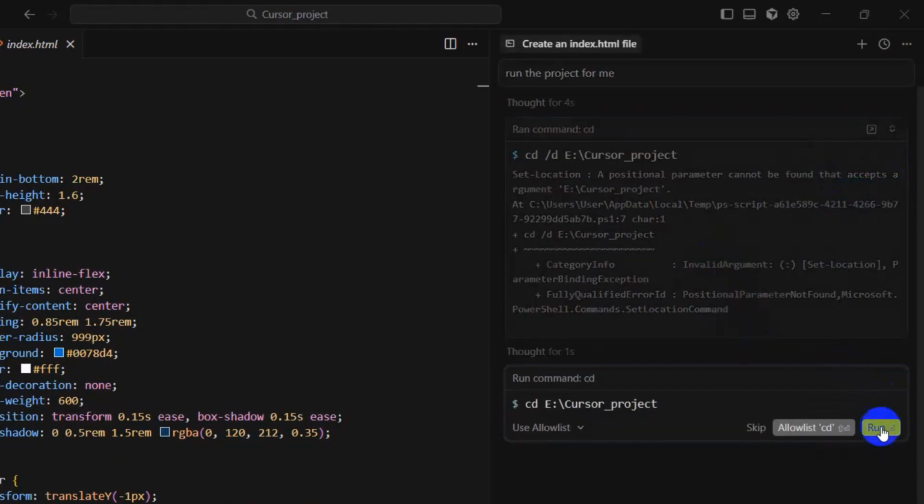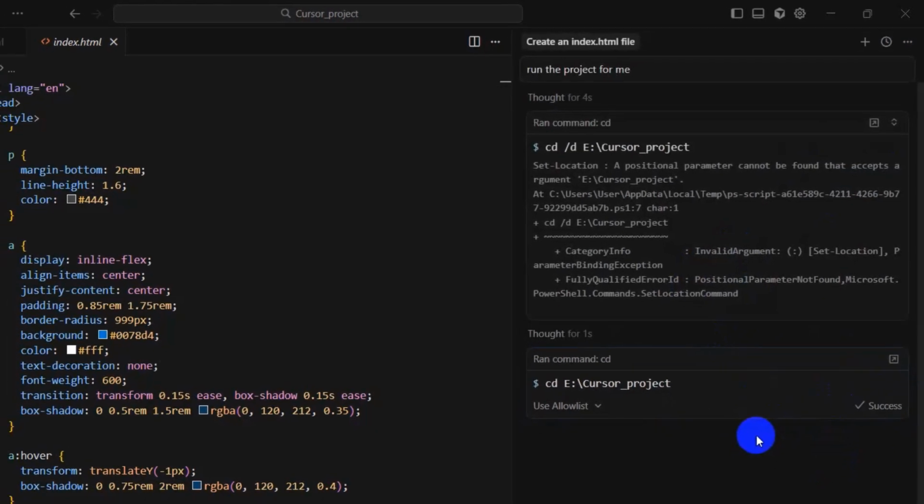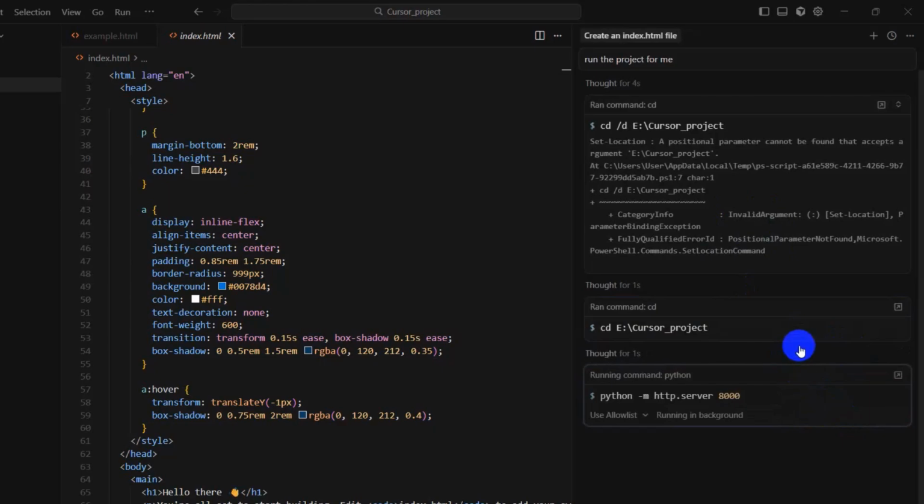and here it will again ask for permission. So it will ask for permission multiple times. So here you will see allow list cd. So if you now click on this, it will not ask for the similar permission anymore, so it will save a lot of our time. So I'm going to click here allow list and allow list python again,